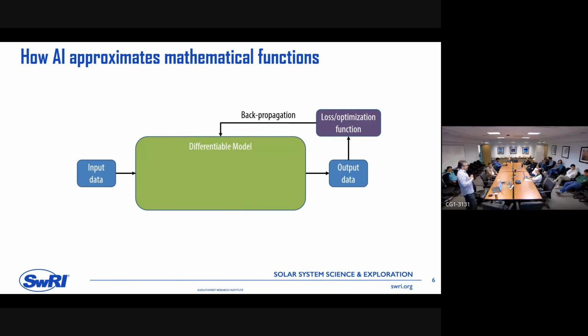And also, it depends on what we have here, which is what is called the loss and optimization function, which is your ability of quantifying when the model is doing a good job, when the model is doing a bad job. So if you have input and output data, a set of mathematical operations with a learnable component that is differentiable, that will map one into the other, and a way of quantifying how good that approximation is, then you're in business and then you can use that.